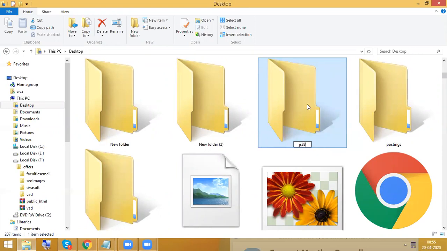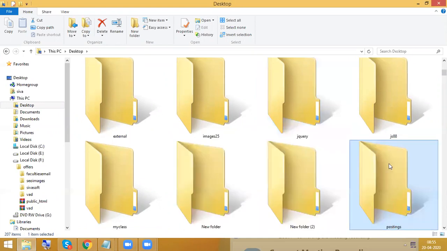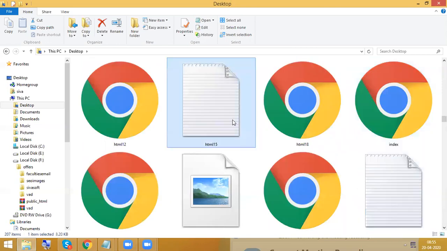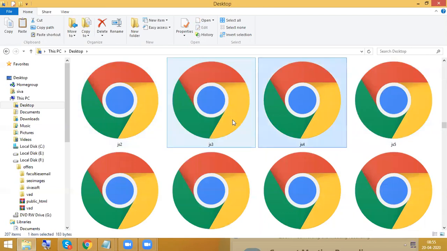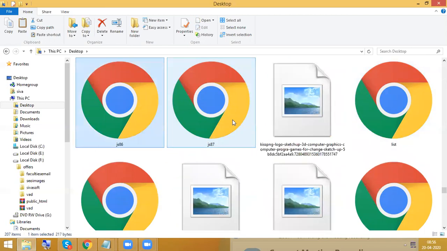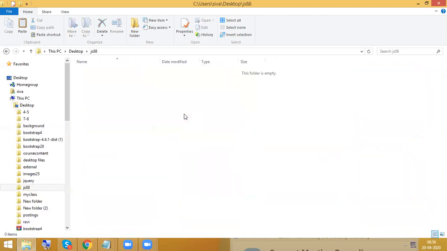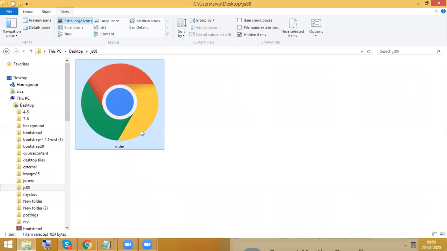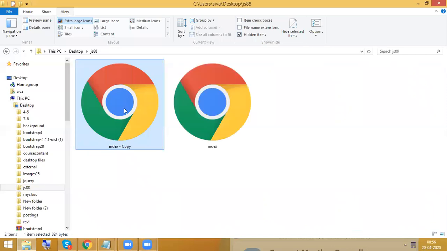So inside JS88, I want two HTML files. So this is one file, Control C, Control V, another file.